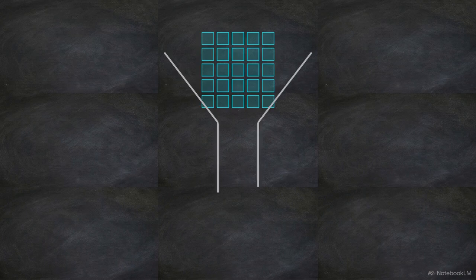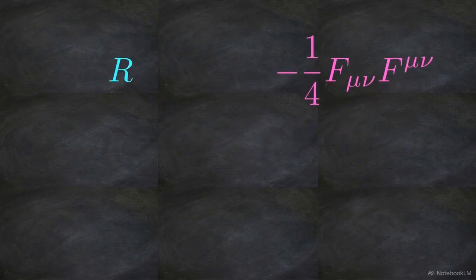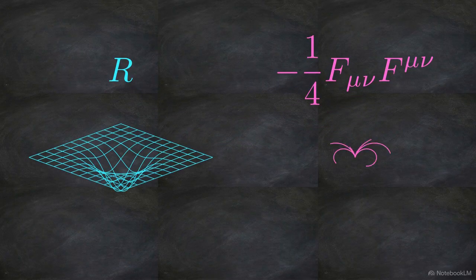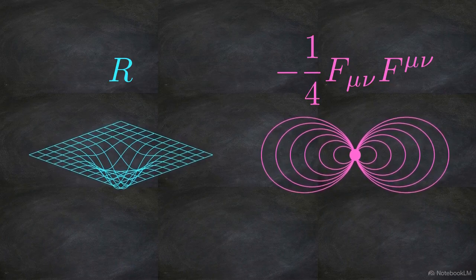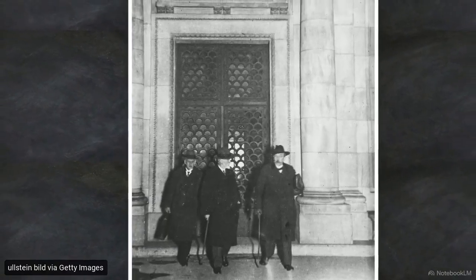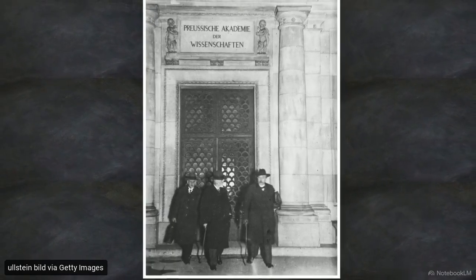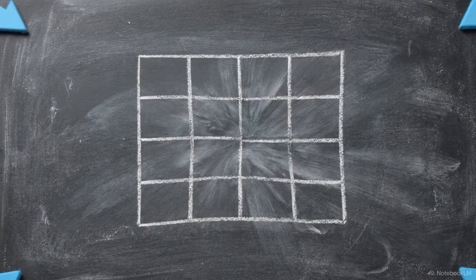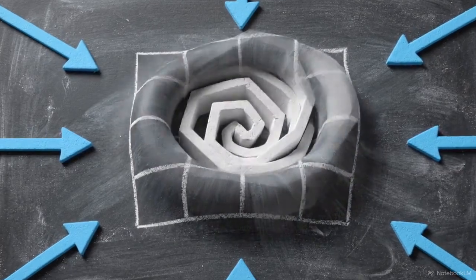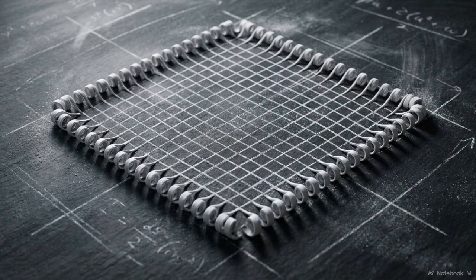Even with that restriction, we can run this 5x5 metric through the machinery of general relativity to calculate the five-dimensional Ricci scalar, R hat. This produces the Kaluza miracle. The five-dimensional action organically splits into two distinct parts. One term is the Einstein action for four-dimensional gravity. The other is the Maxwell Lagrangian for electromagnetism. Einstein presented this to the Prussian Academy because it achieved unification through geometry alone, without needing to add matter to the five-dimensional universe. It suggests that what we perceive as electromagnetic radiation is actually just the curvature of empty five-dimensional